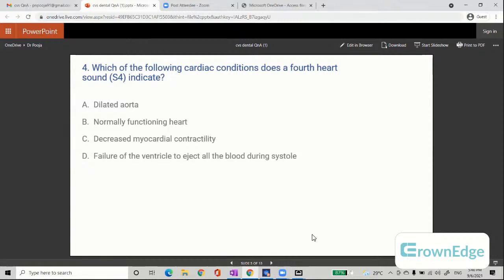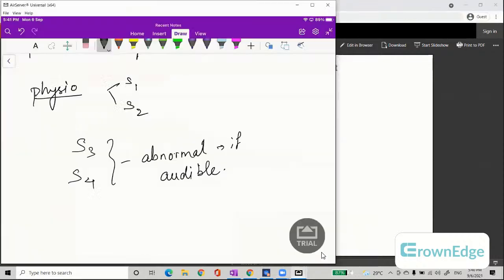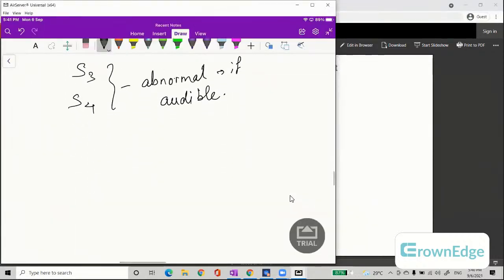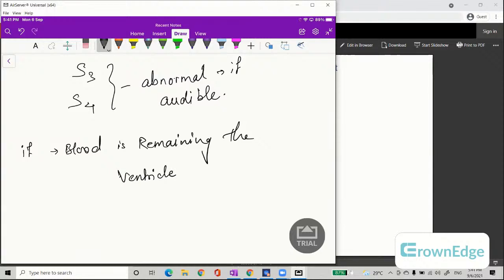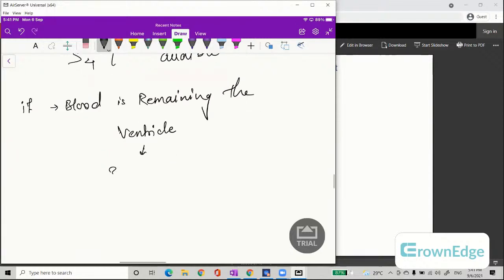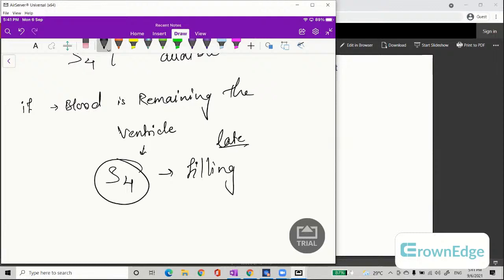That means if the blood is remaining in the ventricle and it is not going out during the systole, what is going to happen? The late filling will be affected, and that's why,